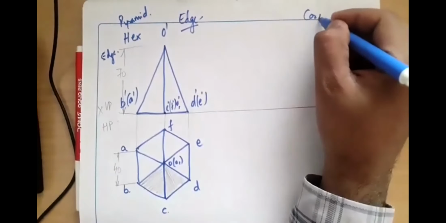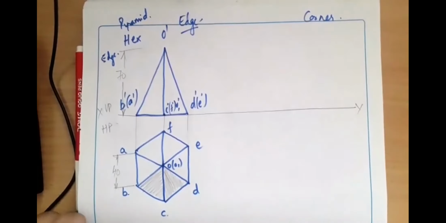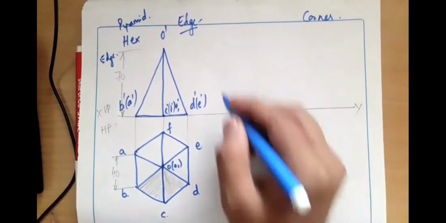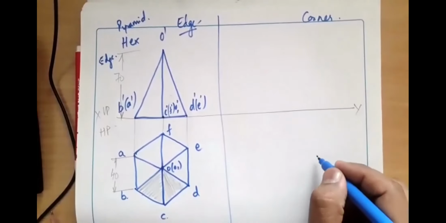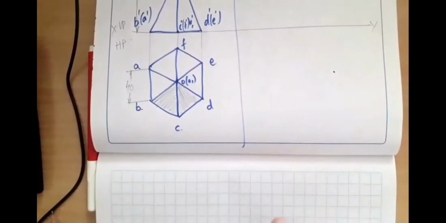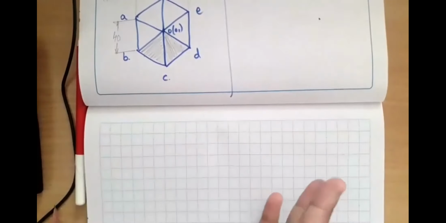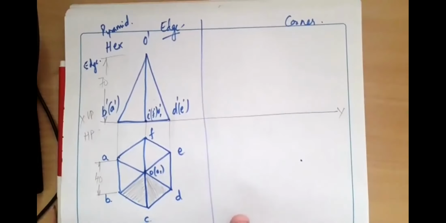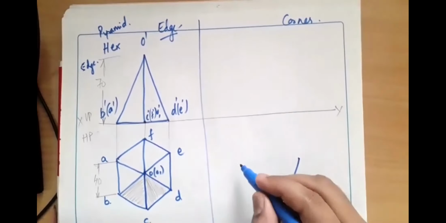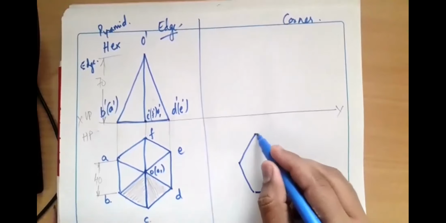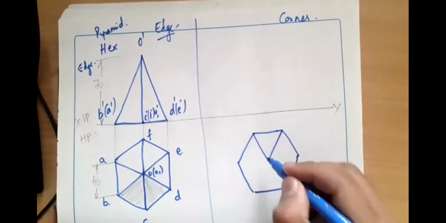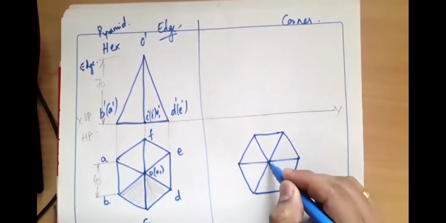If it is a corner condition, I'll construct a corner. I'll construct a hexagon so that on the right-hand side I'll get a corner. Why am I doing all these things? This is the next condition. On the right-hand side I get a corner because I'm tilting my solid to the right in the second position. When I'm drawing the second position, I'm tilting the solid to my right. That is how we'll continue the problem. So if I want a corner here, I'll construct a hexagon like this and solve the problem. This is a hexagon, and I'll find the apex position and join all the slant edges.